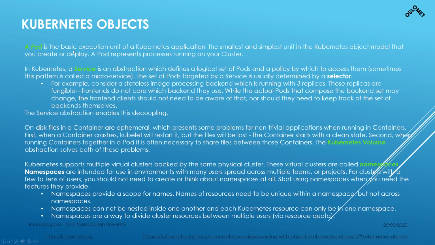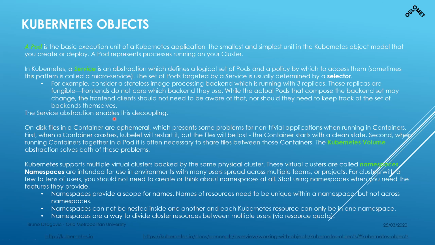The pod is the basic execution unit of the application. It's the smallest and simplest unit you can deploy. So the pod will have a container inside, or a couple of containers, or 10 or 50 containers, and the pod will just be your process that you run in the cluster. So you type kubectl get pods, and you will get which pods are running in your cluster. Simple as that. And the service is an abstraction which defines a logical set of pods. So this is a bigger component.